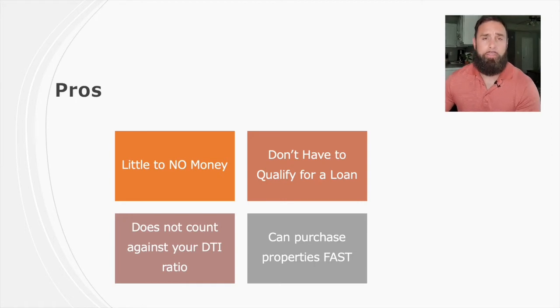You don't have to qualify for a loan as a subject to home buyer. I have never once talked to a seller and they asked me for proof of income, for my credit report, or anything of that nature. So that's great for you because you don't have to jump through hoops. None of this counts towards your debt to income ratio because it's not in your name. And I can buy as many houses as I can get my hands on without having to worry about not being lendable to because of debt to income or because I have so many loans already out there.